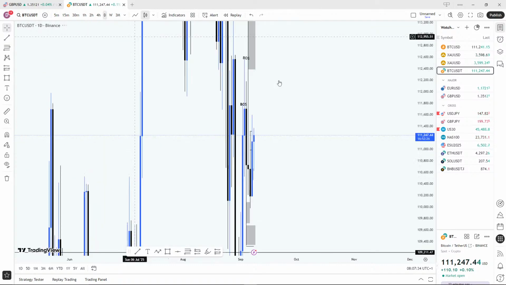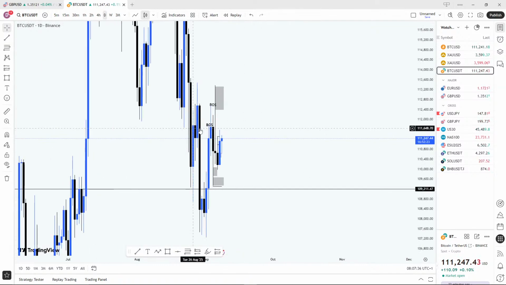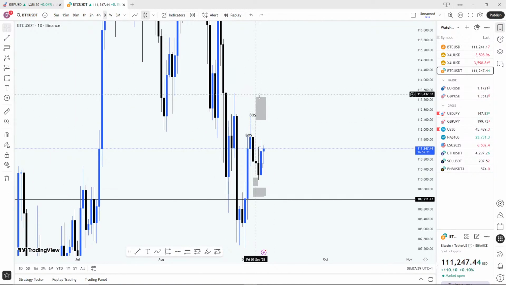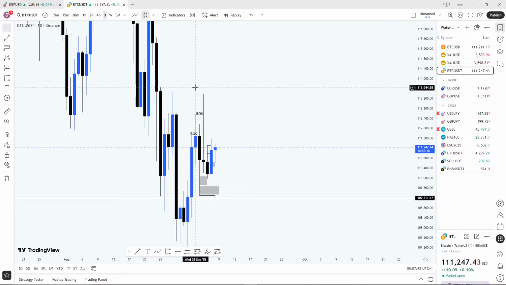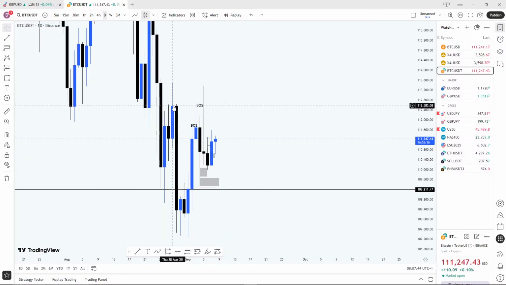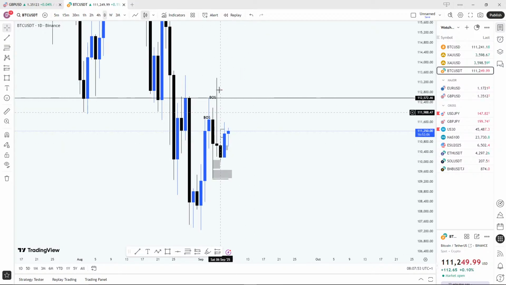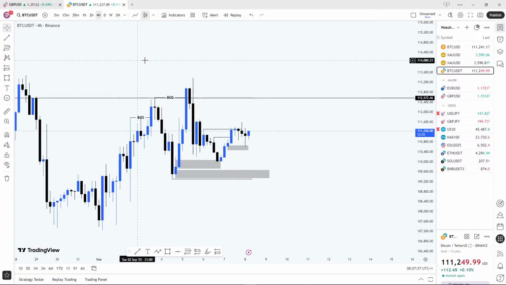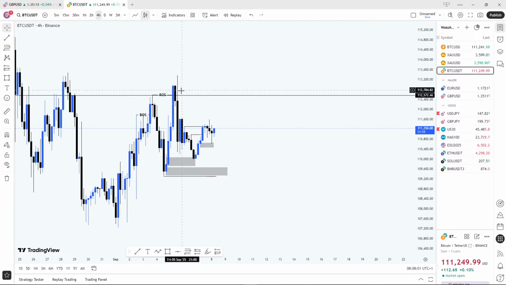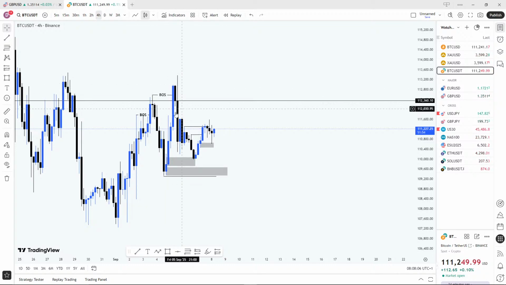Then let's check out where I now expect this price to get to. If this market is going up, where do I expect it to get to? Right? Now the very first level we have is this high, like a resistance, a key level where this market can buy and then get to. So now we know, okay, this market is bullish. This is a level it can likely get to. We can start looking out for buys. And if you watch on the 4 hour time frame, we have this long wick, and this is also a nice level it can buy to before it will sell, if it's still going to sell, right?